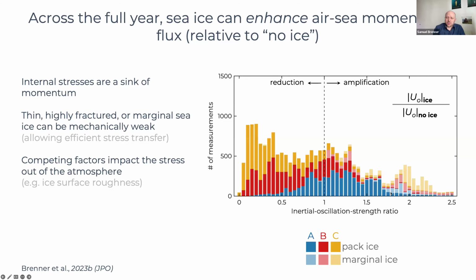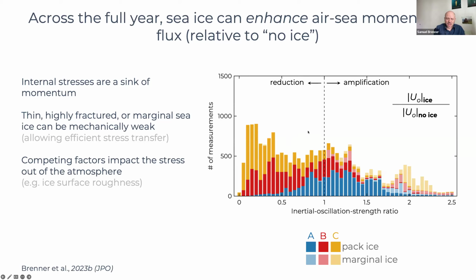So I did a similar type of analysis throughout the full record of the moorings. And what I'm showing here is a histogram of the ratio of the inertial oscillation strength in a scenario with ice versus without ice. And I'll admit there's a little bit of sleight of hand here. This isn't exactly the comparison that Laura was making, but it's in the same type of vein. And in this histogram, values of this ratio that are less than 1 show that the ice reduces the oscillation